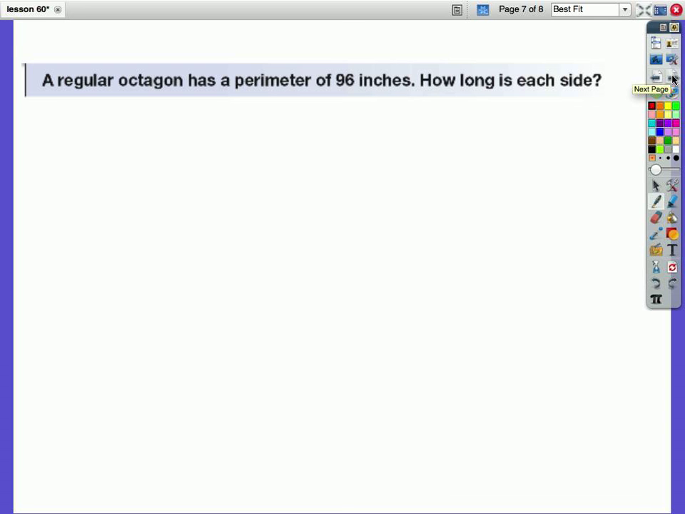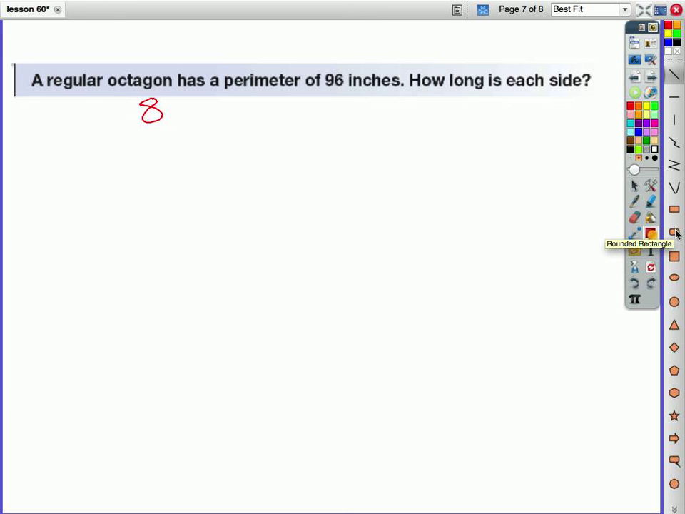So a regular octagon has a perimeter of 96 inches. How long is each side? Well, if it's a regular octagon, let's start with octagon. It has 8 sides. And it's regular, meaning all the sides are the same. So if we take the perimeter, which is the distance around the octagon,